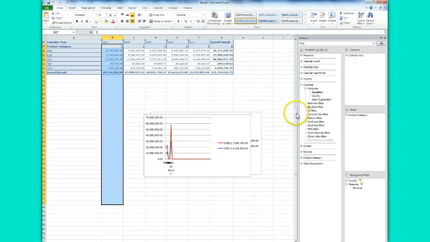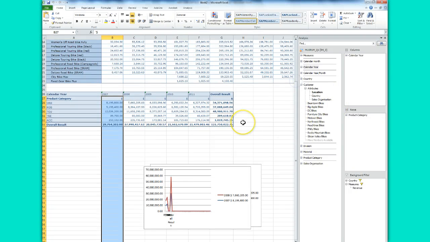Okay, so now if I move up, what do I need to see? I need to see which product category generated the least amount of revenue for GBI. So if I look into that,